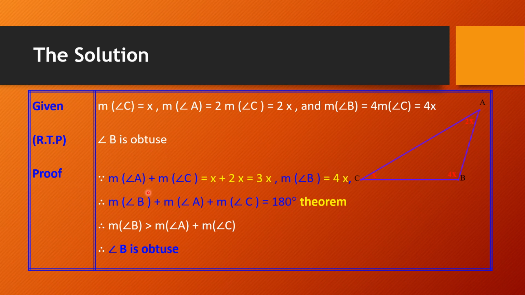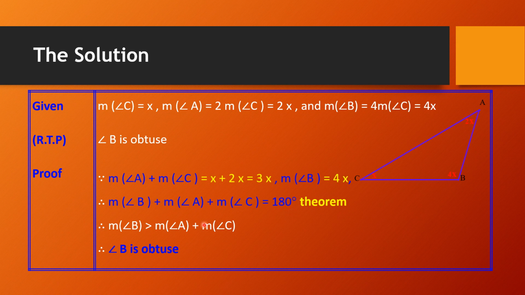The proof. Since measure angle A plus measure angle C equal x plus 2x equal 3x, and measure angle B is 4x, then measure angle A plus B plus C equal 180 degrees